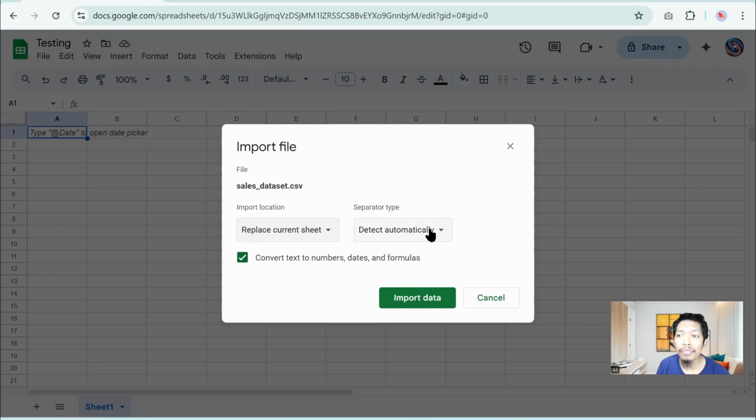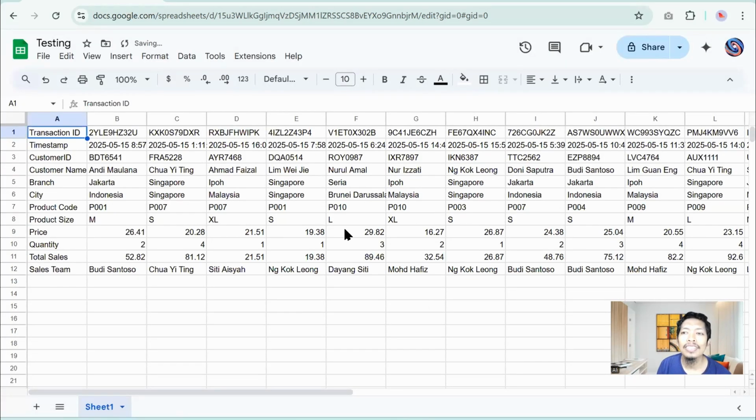Since it's a CSV, comma separated values, I will choose comma, or I can simply leave it on detect automatically. At the bottom, if your file contains numbers, dates, or formulas, you can check that option. Finally, click Import Data. And there you go. The data has been successfully imported into Google Sheets.